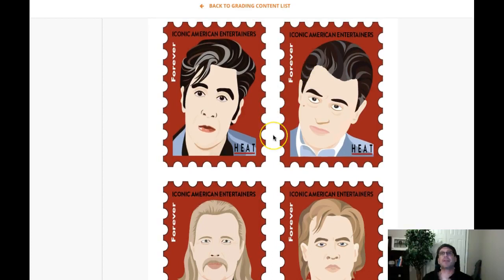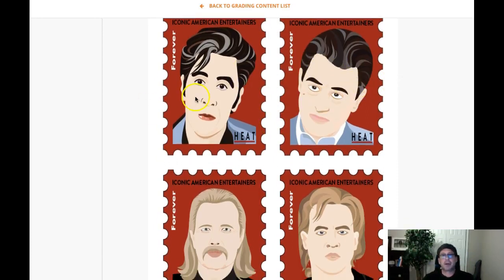If you were going to present this right now to go straight to portfolio from this, I would recommend that you don't put Al and De Niro right next to each other. The reason being is because they both, of course, have the dark hair, the dark eyebrows. So let's mix it up a little bit. Start with Al, put one of the blondes next to him, then